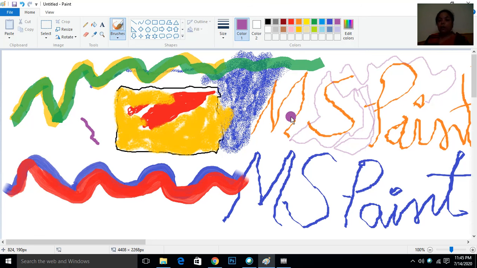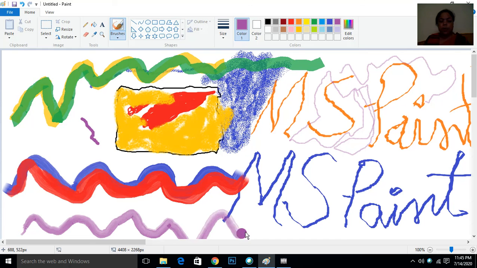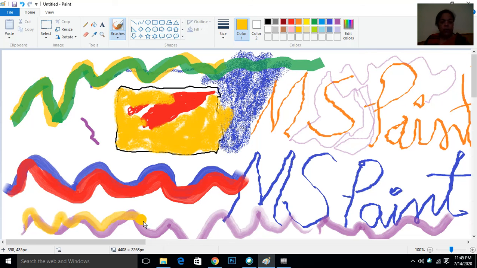If you have not done it, you can see how the coloring effect will come when we use the watercolor brush. I am showing it to you with another color also. You can see this type of transparent effect will come with watercolor.